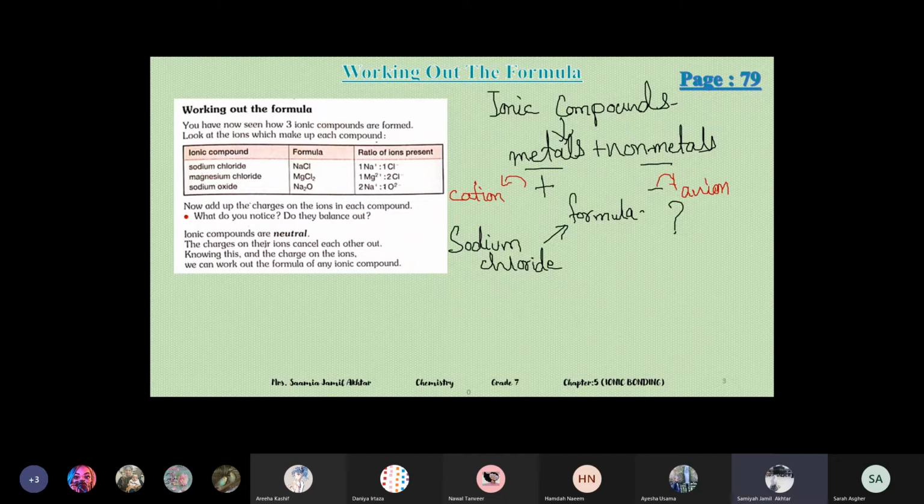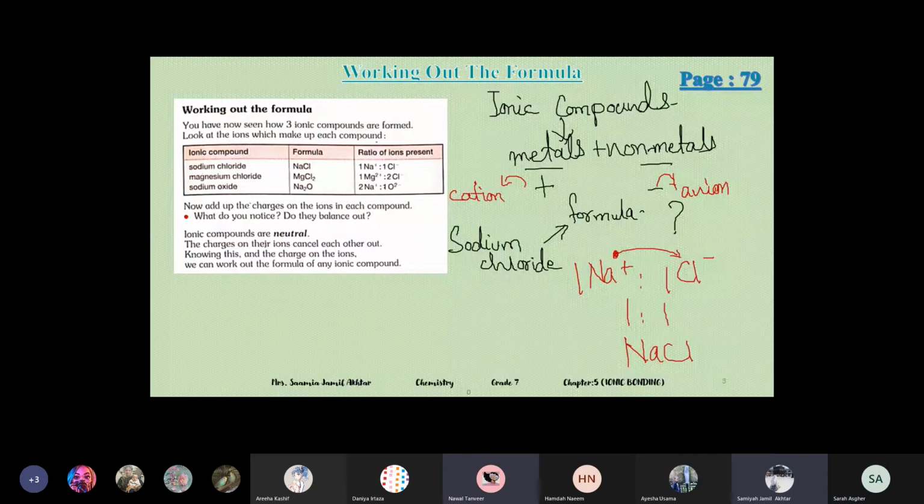Okay, so for sodium chloride, we discussed in last week's lectures that sodium has one extra electron which it will give to chlorine. So there will be one sodium with positive charge and one chloride with negative charge. Because sodium gave one electron to chlorine, its ratio will be 1:1 and the formula will be simple NaCl, no number written with it, because there is one sodium, one chlorine. You studied the ratio, right? How to take out the ratio and all that.